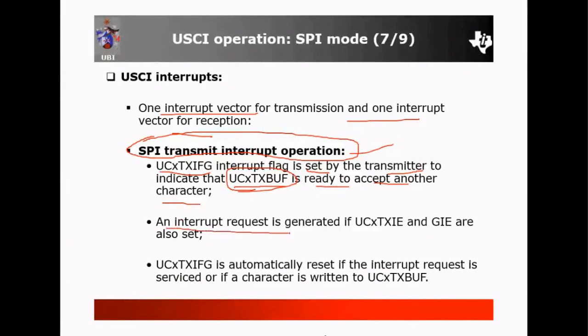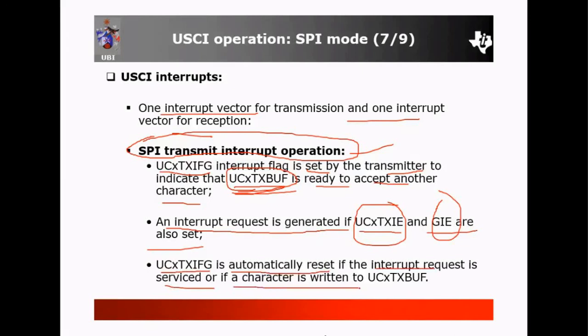Next, an interrupt request is generated if UCxTXIE and GIE are also set. If these two bits are set, then the UCxTXBUF will store the data. The UCxTXIFG is automatically reset if the interrupt request is serviced or if a character is written to UCxTXBUF.